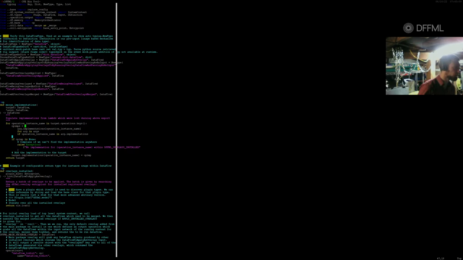All right, so here's the operation implementations, right? So we got a list of them, and we can say, can we deduplicate by the same ones? I think we can just deduplicate by